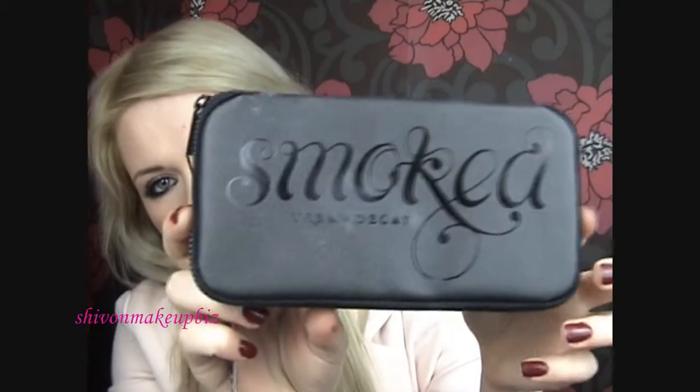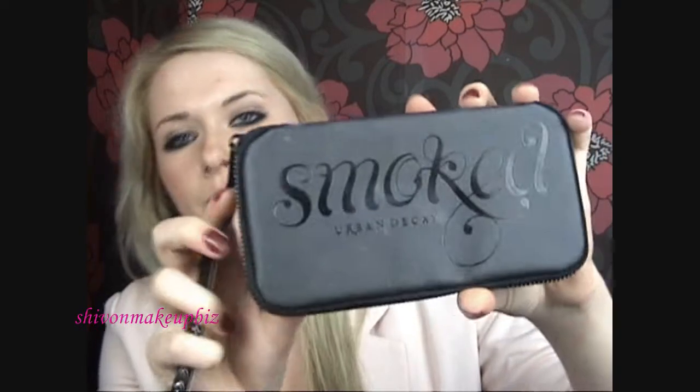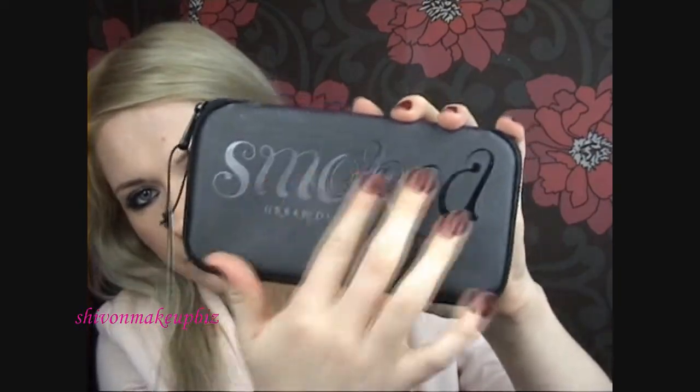This is what the palette looks like. It's just like a zippy case thing, and it comes with a little thing. I can finally take this off now I've showed you. I'll do that after the video. And it comes in a zip case and it says Smoke. It's got this really cool